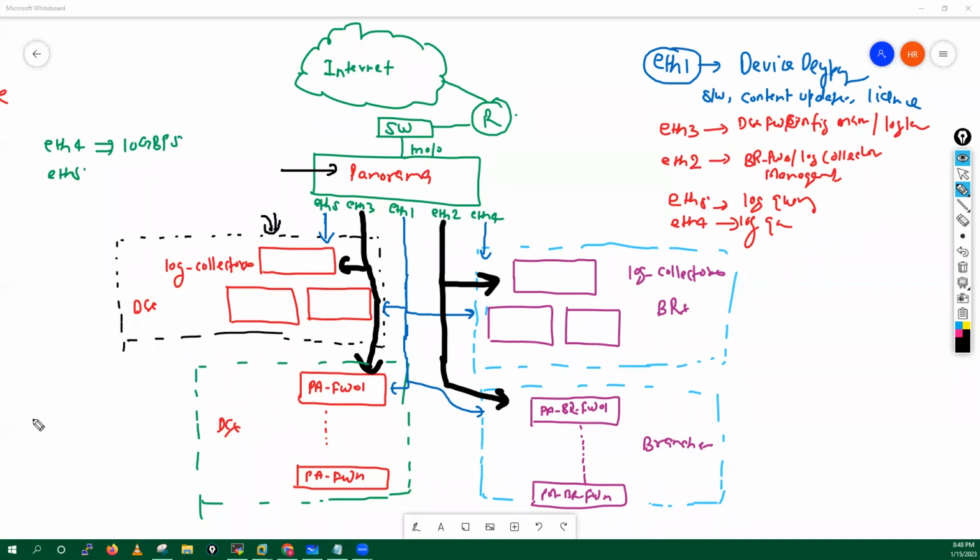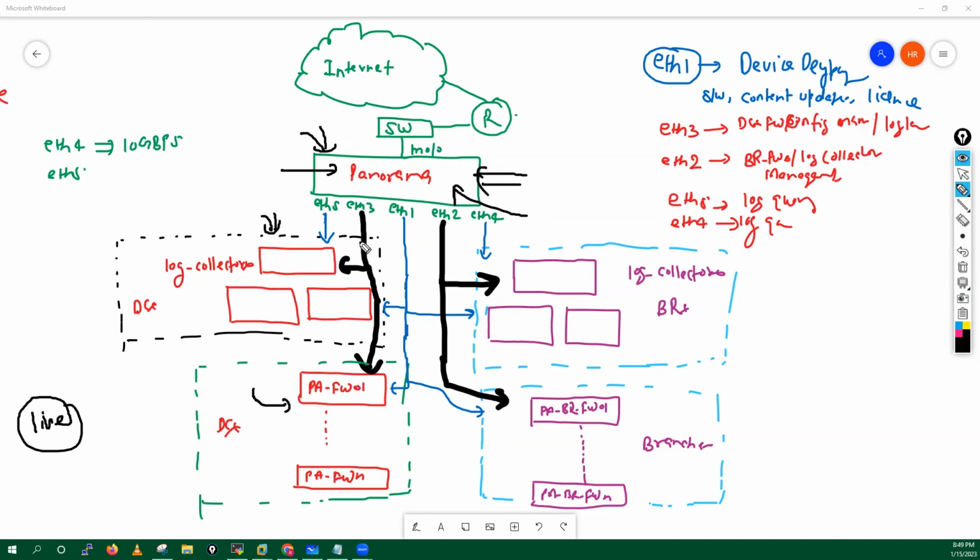Otherwise, if you want to see the live logs, just tell me one thing. If we forward all the logs to Panorama, what is the main purpose of getting all the logs in Panorama? Network visibility, and for troubleshooting. For troubleshooting, we will see the live logs from the firewall, right?